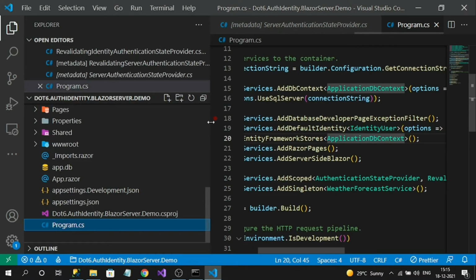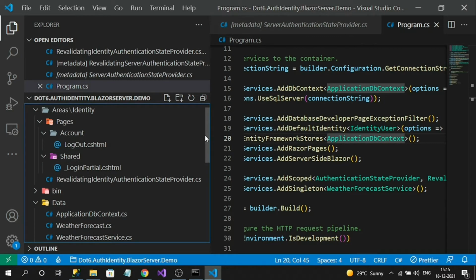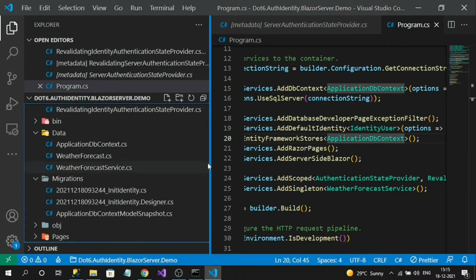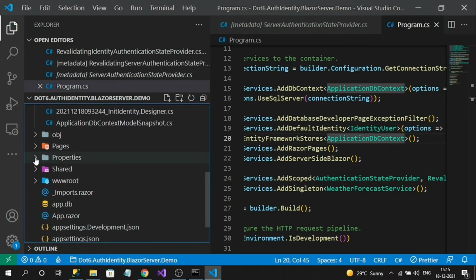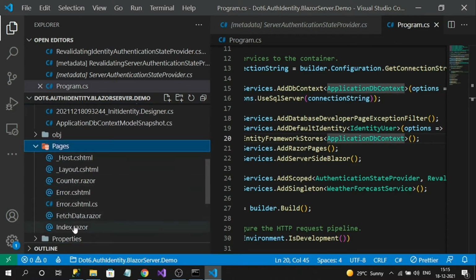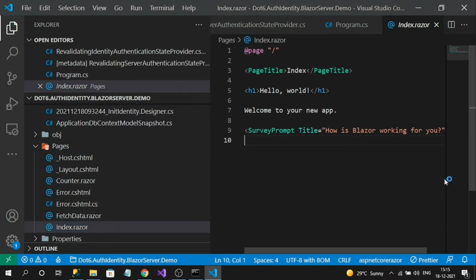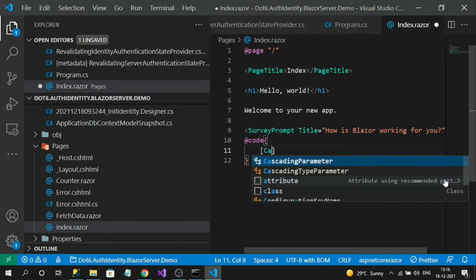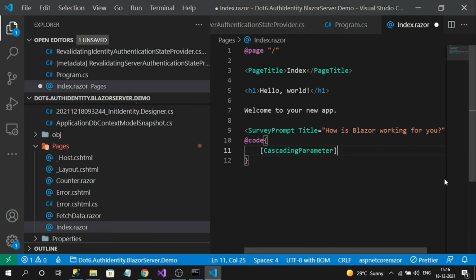First thing is, it can be used as a cascading property in any Blazor component. Okay. So what I will do, I will go to the index.razor page. Here I want to fetch my logged in user claims. And I have mentioned it can be used as a cascading property, which means it comes from the parent, right? So how it comes as a cascading property: first let me create the property.